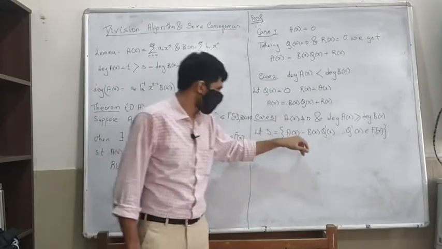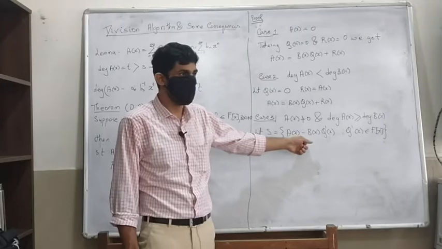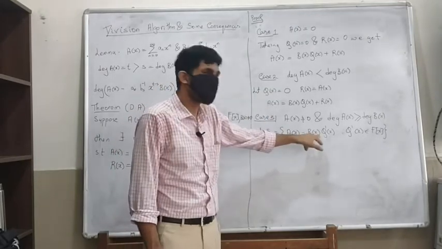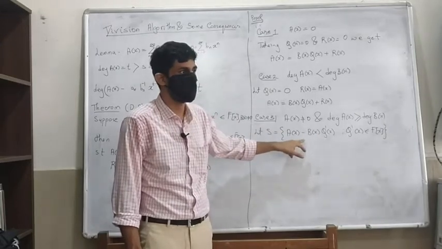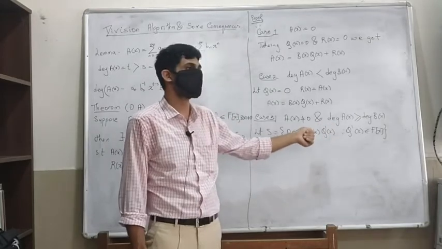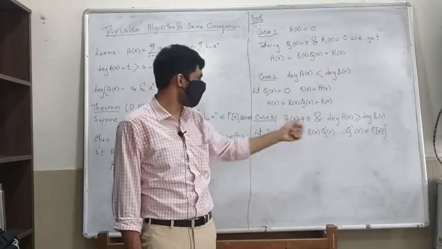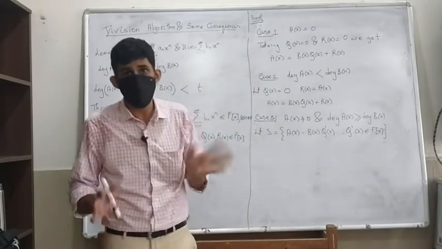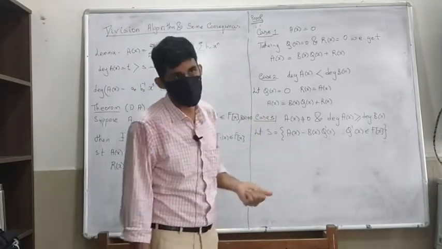So if 0 appears here, the natural choice is to take the remainder as 0, because in that case B divides A, right? If 0 appears here, what does it mean? It means that there is some q of x such that A of x minus B of x times q of x is equal to 0. That means A of x is equal to B of x times q of x. So B of x divides A of x. So the natural choice for the remainder in that case would be 0.